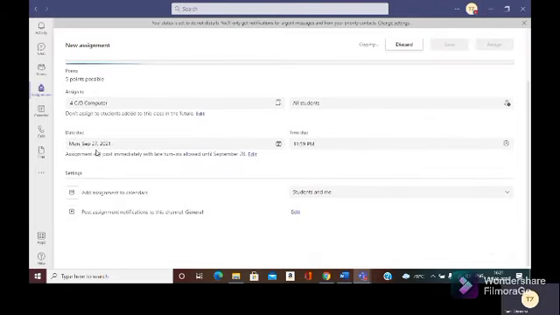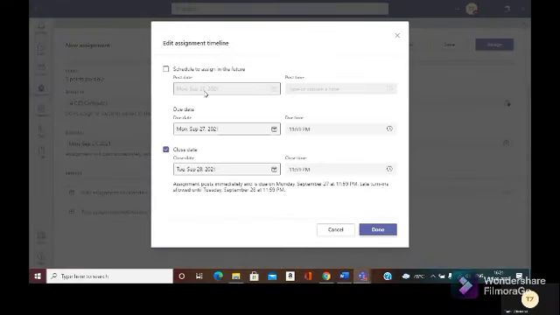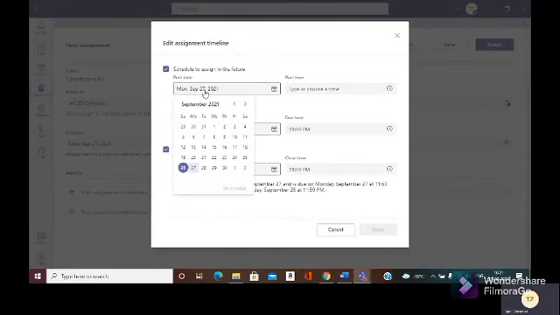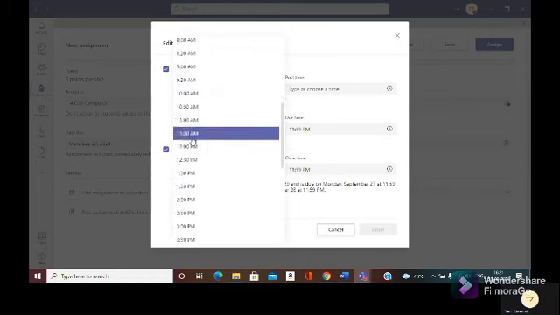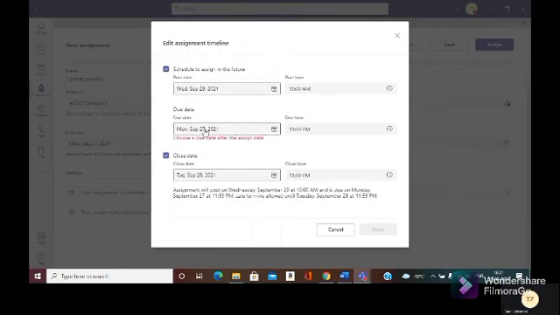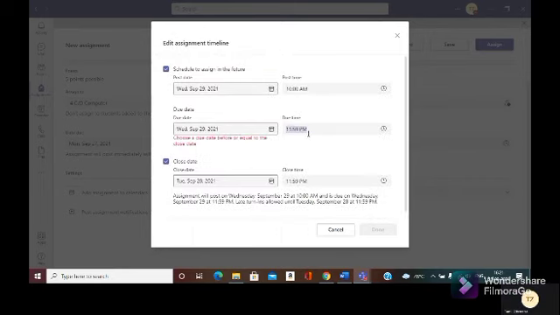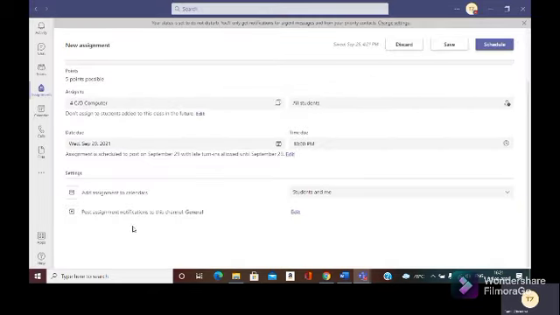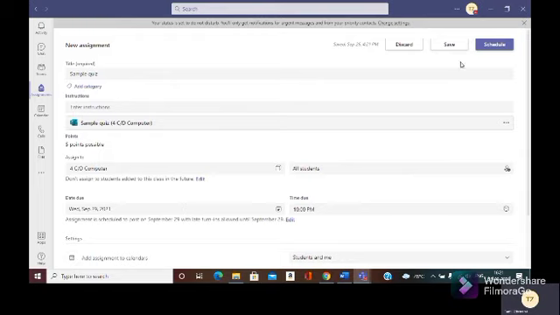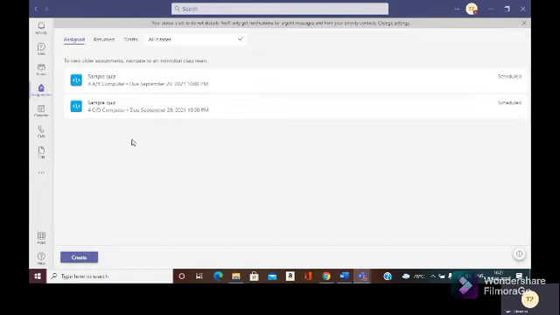And here also once again you have to edit the date, timing and all. Okay. So I click on this edit option. Once again I have to select the date 29 and the time 10 a.m. Due date, due time 10 p.m. So like this we need to do the settings. Okay. Then once you click done, it is done. Yeah. So then you can click on schedule. That will be scheduled for 4th C and D students also. You can see here. Okay.